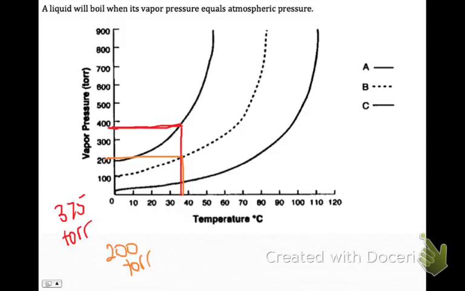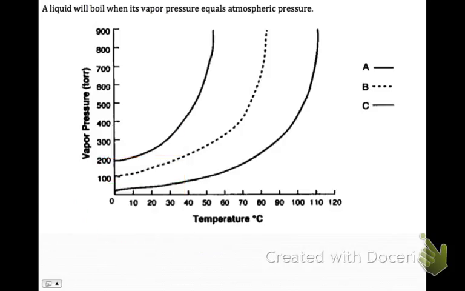And then we'll take liquid C, and that's about 75 torr, approximately. Alright, so the question after that, number 7, what is the normal boiling point of liquid A? So let's think about when it talks about normal, it wants us to do standard temperature and pressure. So we know at standard conditions 760 torr is equal to 1 atm,